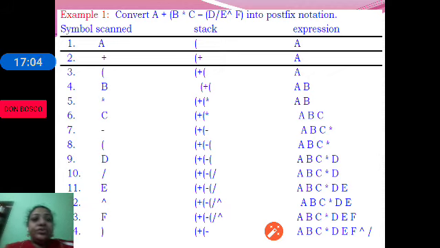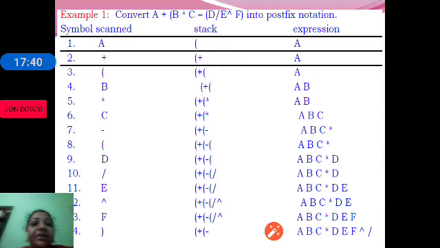C goes to the postfix string. Then minus: kindly observe here, there is already star on top of the stack. Minus cannot be placed on star, as star has higher precedence than minus. Therefore, star or asterisk will be removed from the top of the stack and placed onto the postfix string, and then minus is placed onto the stack.